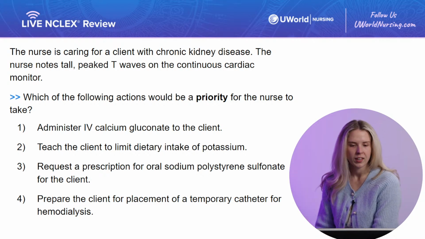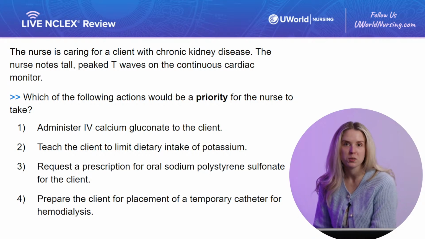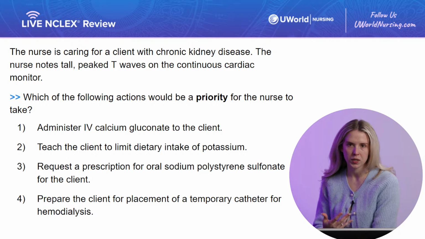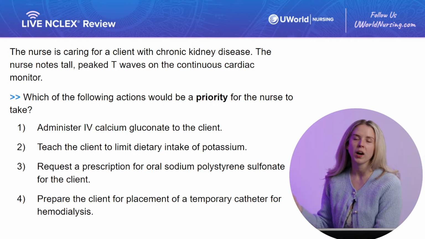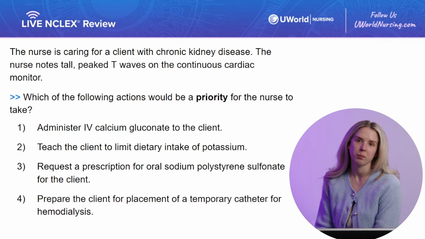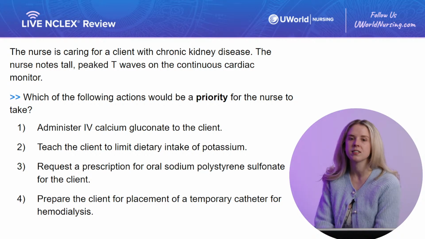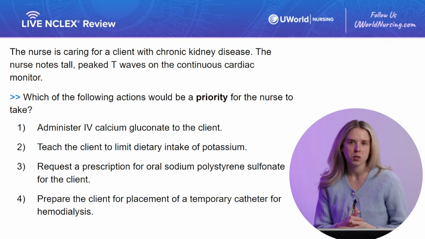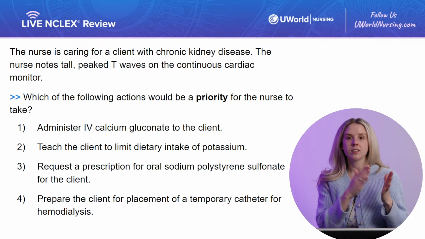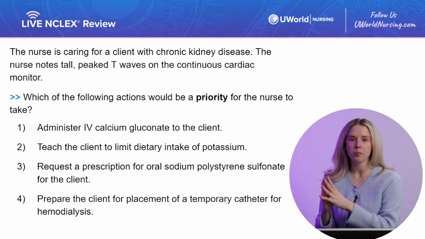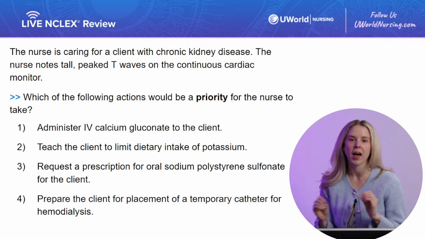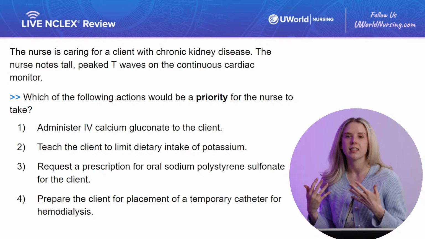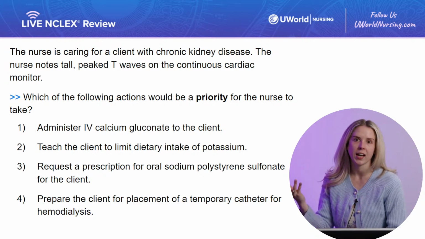Alrighty, I see predominantly option number 1, but I see a couple of 2s and 3s mixed in. So let's go through this in a little bit more depth. Our correct option was option number 1. The majority of you guys got this, but this question can be a little bit tricky. So let's walk through it. Option 1 is correct because we see CKD and we see tall peaked T waves. So right off the bat, what are we worried about? We're worried about hyperkalemia, that high serum potassium causing these cardiac dysrhythmias.